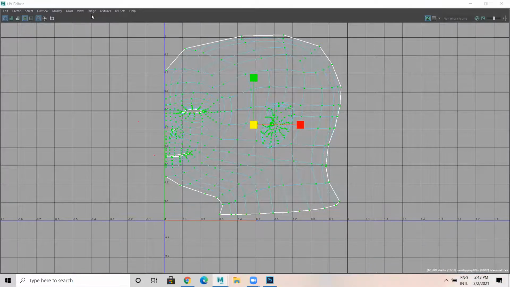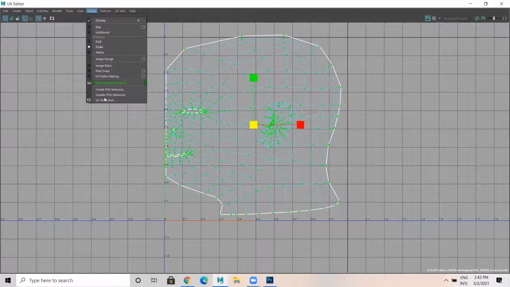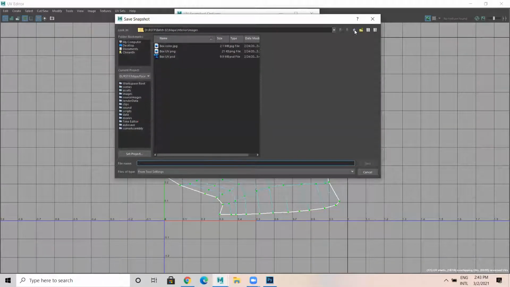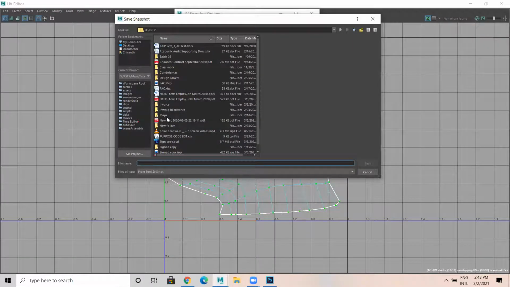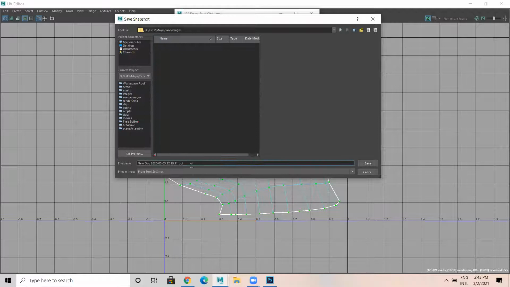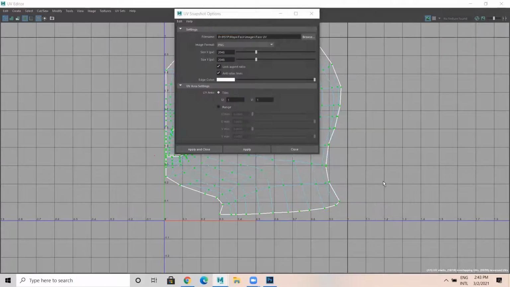Now select all the UV, come over to here, images, take a snapshot, and this has to be in PNG. This is browse. You need to save this in the images folder. Face UV, save in PNG, apply and close.